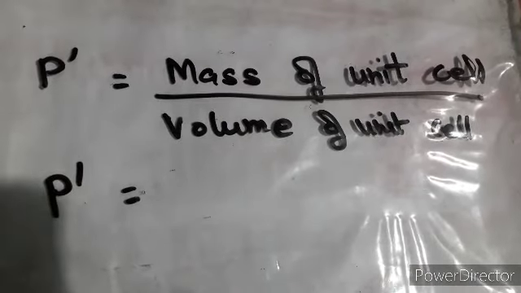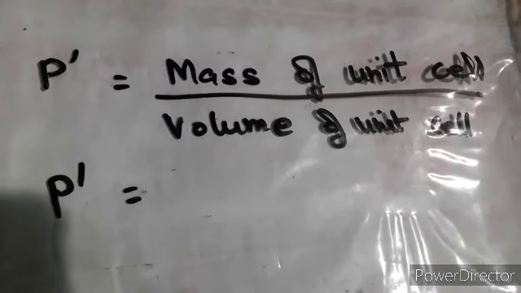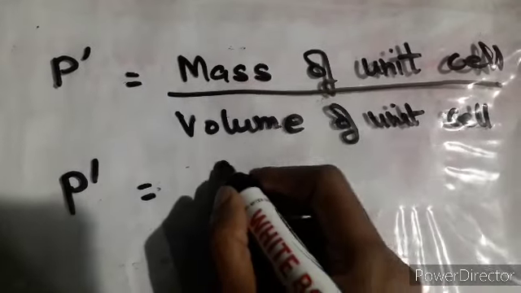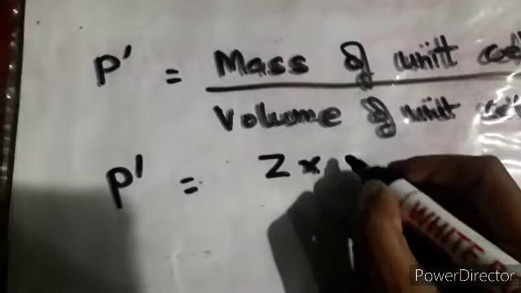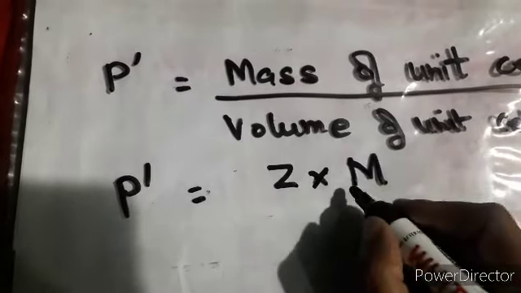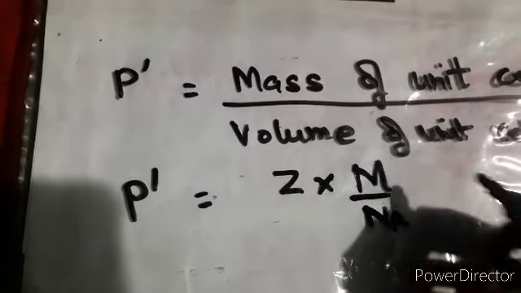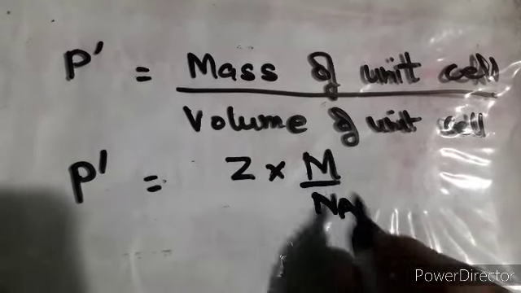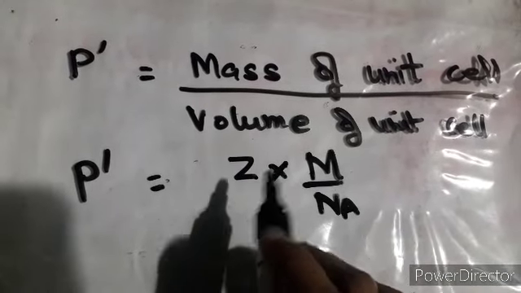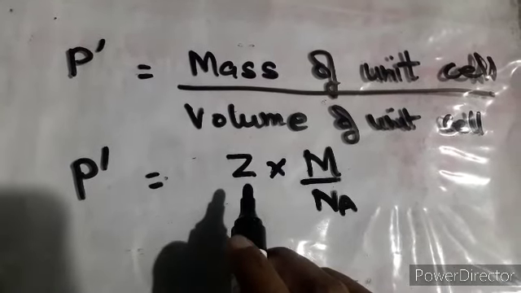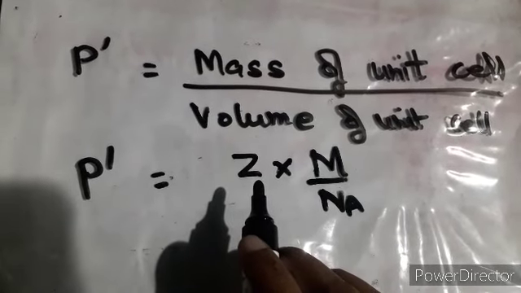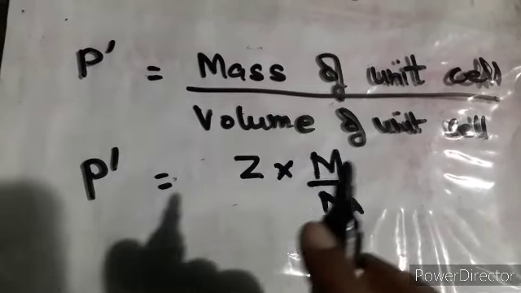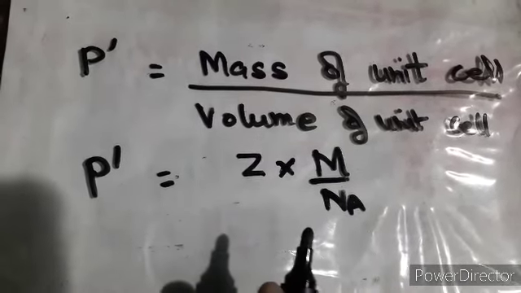Now this formula is modified. The point is that now we have three different unit cells, SCC, FCC and BCC. Because of that we have to change the mass into Z into M upon Na. Now we are always seeing atoms in unit cells, so we cannot ignore the Avogadro's number value, and Z is the number of atoms that a particular unit cell consists, which we have already seen. So we have to be very specific about what we are using. I'll write down what is M, what is Na, and what is Z.